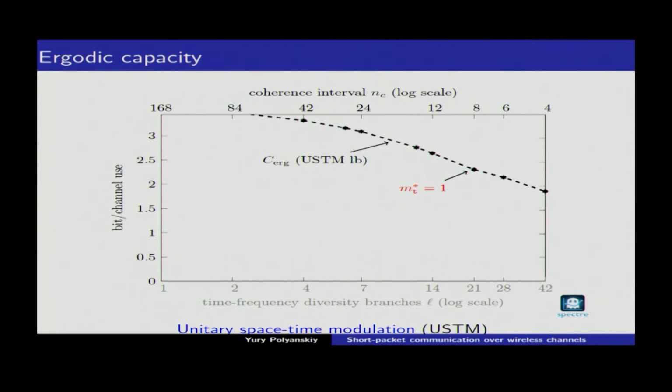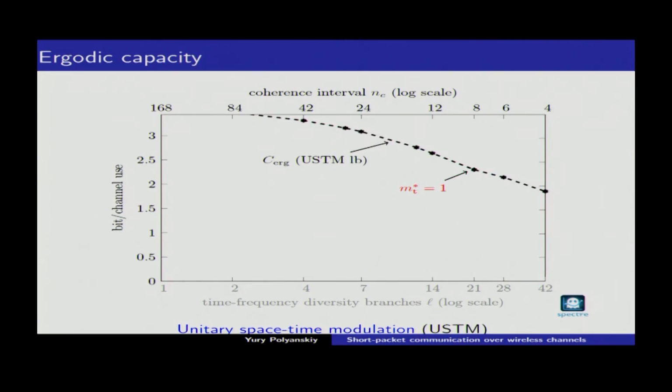So, to my shame, in information theory, 70 years after Shannon, we still can't compute this C ergodic, this very simple maximization problem. That's why I have to apologize and say that I'm only plotting the lower bound here. But we know that this lower bound is very tight, so let's pretend this is a tight number. So this is the ergodic capacity.